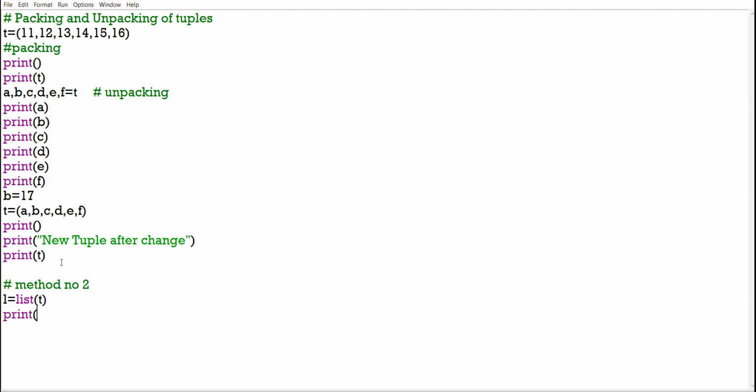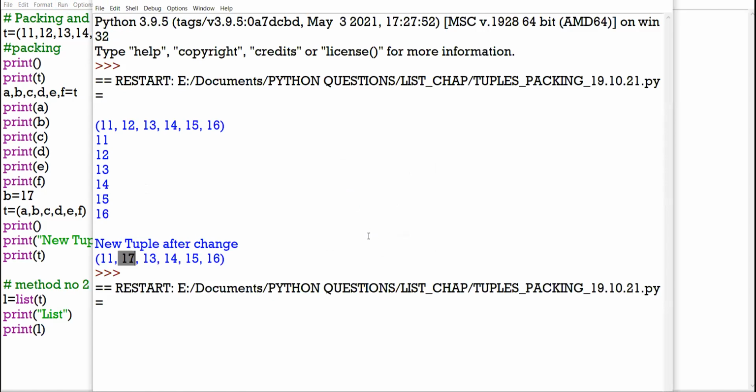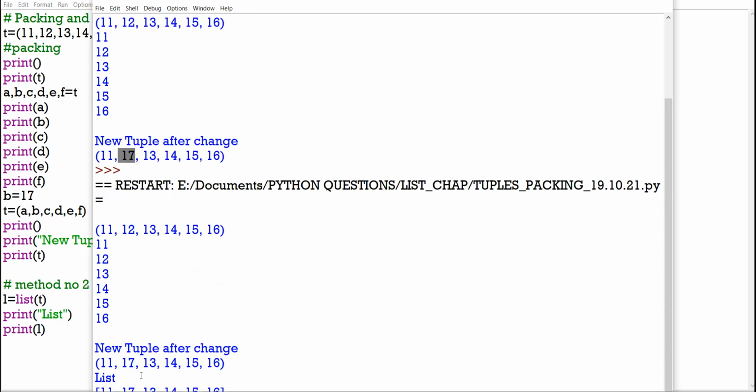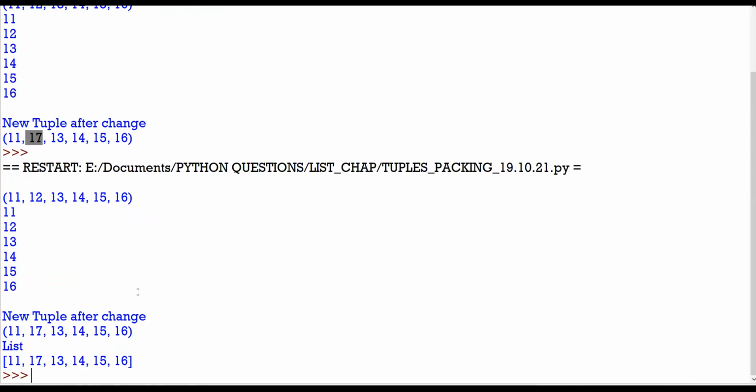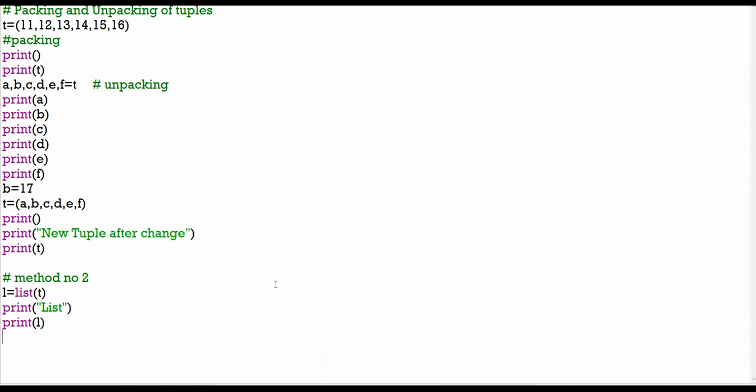Print L. So see, your tuple has been made into a list. Your tuple has been changed to a list. Okay, am I clear to all up till here?